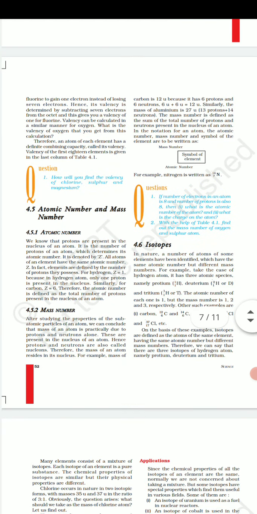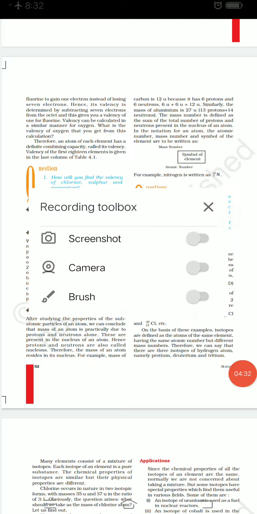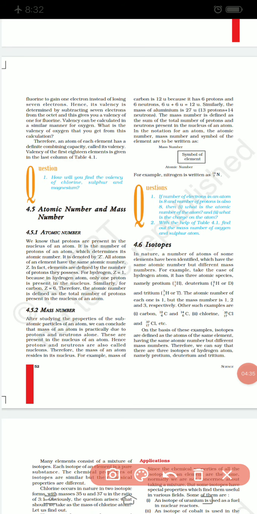Next concept is atomic number, mass number and how we write an element. How we write the symbol of an element. You can see here in the center comes the symbol of the element. Below that is the atomic number and above that is the mass number. We represent atomic number with Z and we represent mass number with A. If we have to write the atomic symbol of magnesium, we will write magnesium, then atomic number 12 and mass number 24. That's how we write the symbol for magnesium.